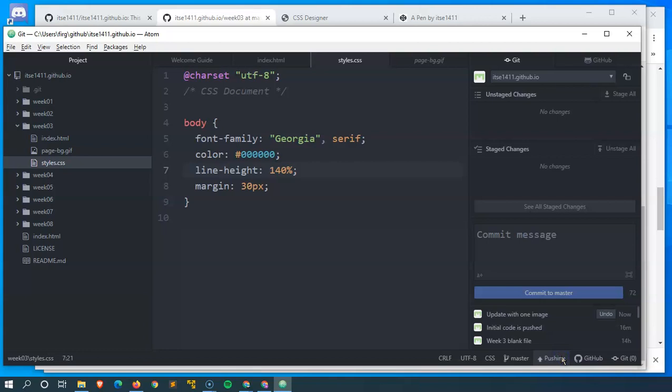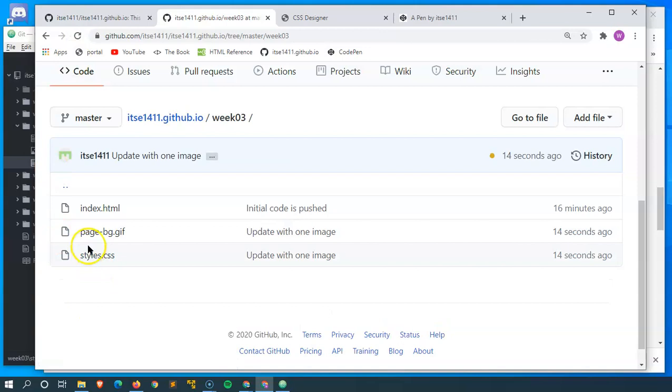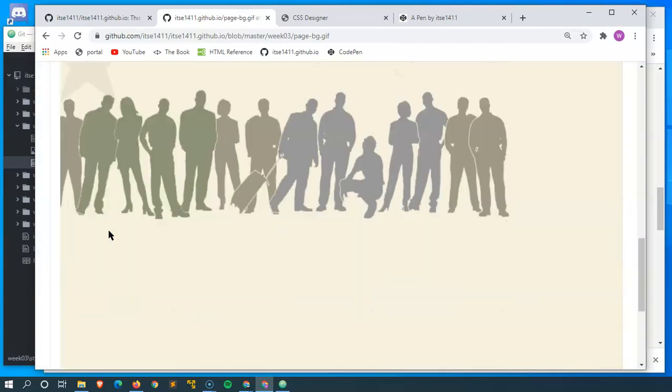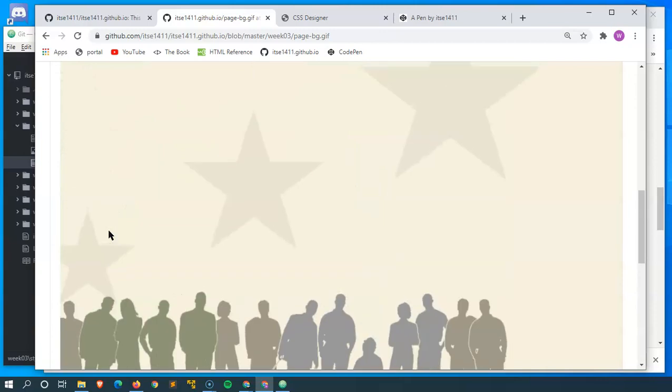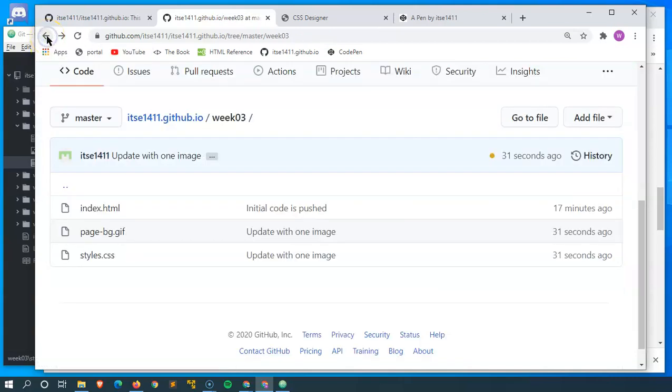This might take just a couple of seconds longer since it's moving an image, but I expect to see this somewhere up here pretty quickly. Here's page bg.gif, which was 14 seconds ago. If I were to click on the name of the file, it would show me what the file looks like. Not much I can do with it except use it in design and look at it, and that's fine. So if I go back to my recipe,